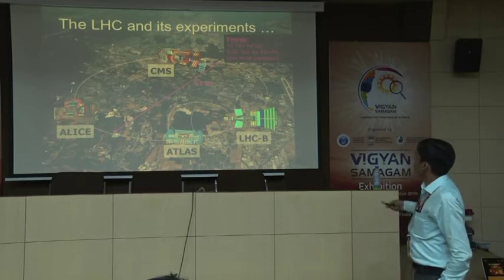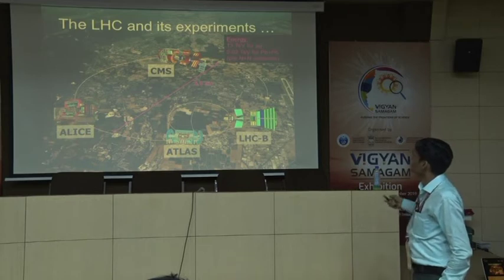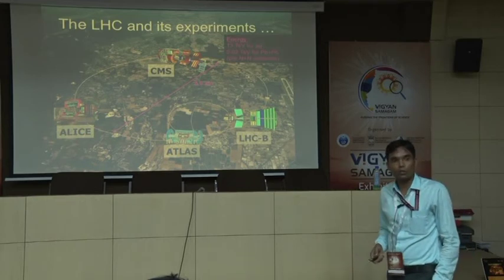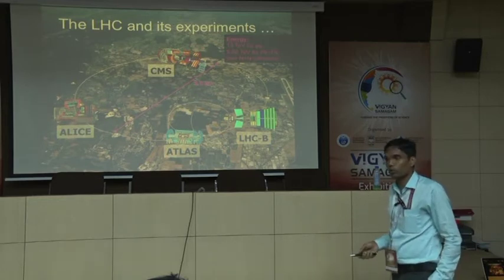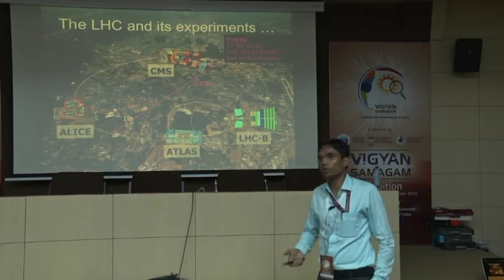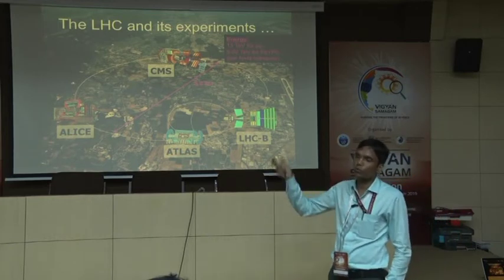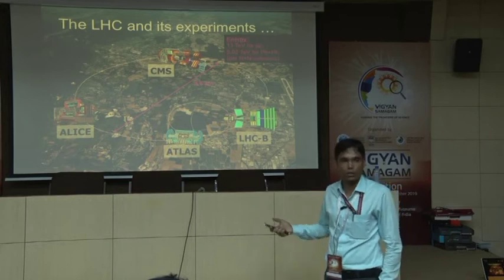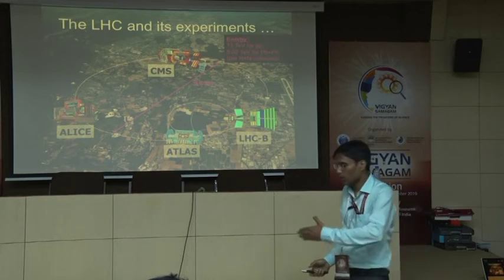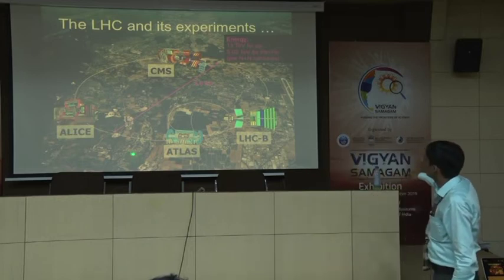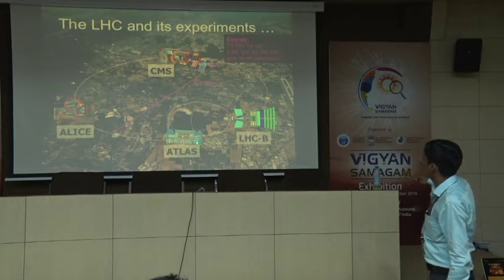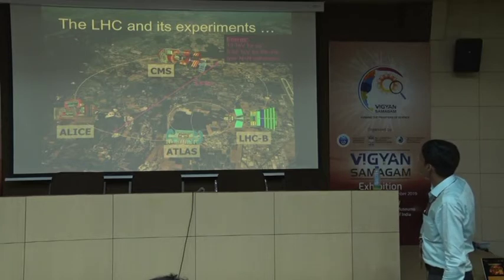Its circumference is 27 kilometers, and it is built in Switzerland and France. So, if you join our group, then probably at some point of time you will visit CERN, and you can go and see that this part is Swiss and that part is French. Somewhere here, where is ALICE? This is in France, and this part is in Switzerland. So the border is somewhere here,